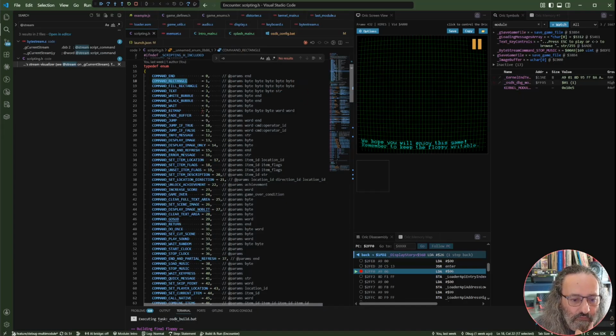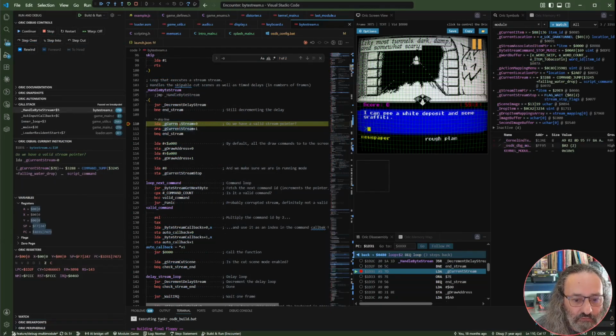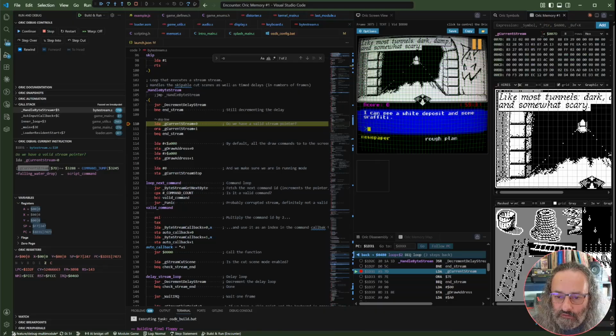So it does not necessarily know what's what, but here it knows that to jump it through, it will automatically show the parameter on where things are jumping. Here we can see that it knows that current stream is a stream pointer. The command here is displayed, and we know that at address 32, so let's see, G current stream, I can add